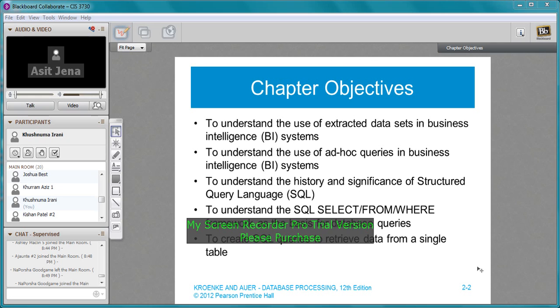Once we have the database management system, which is usually developed by a vendor, like SQL Server by Microsoft, or Oracle by Oracle Corp, or MySQL, which is now also owned by Oracle,